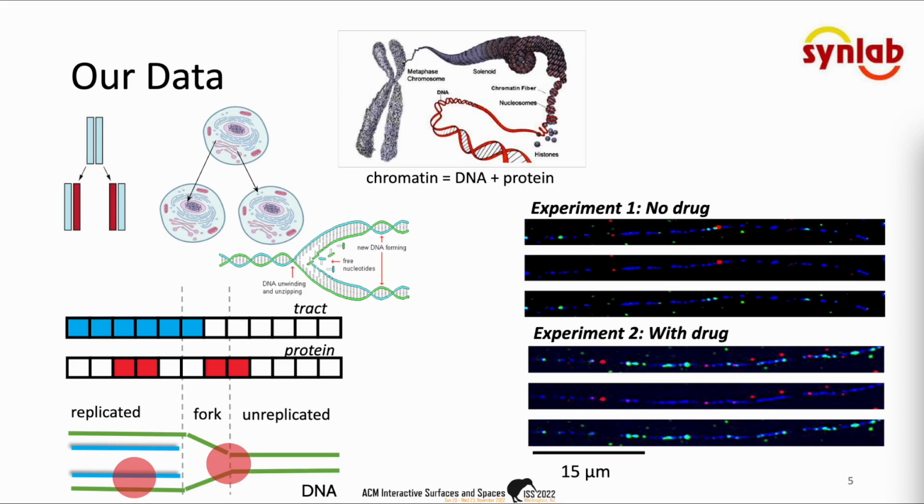Briefly, their approach captures high resolution images of chromatin fibers, that is, DNA strands with proteins attached. These are captured under different conditions, for example, with drugs or without, called wild type. This data is analyzed to understand how abnormalities in DNA replication regions called forks can cause cellular damage and evolve